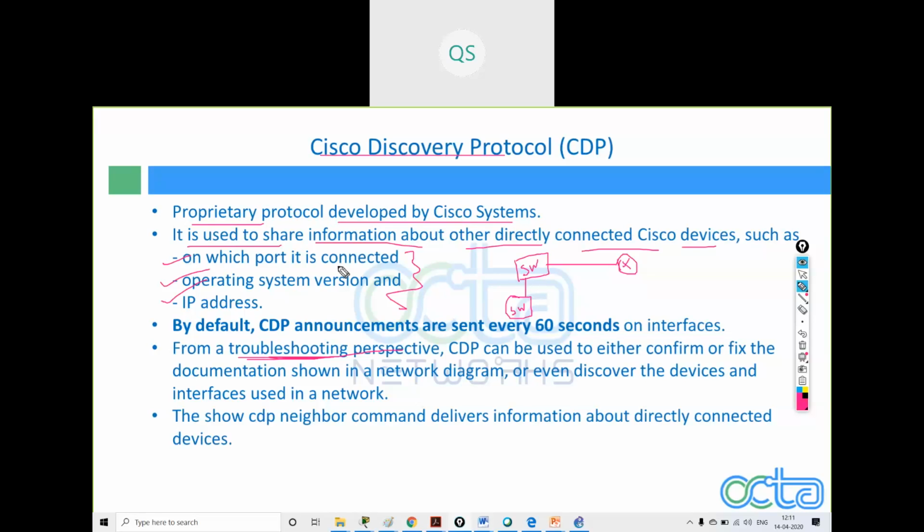So in this situation, while you troubleshoot the connectivity, you have to give this command. So from a troubleshooting perspective, CDP can be used either to confirm or fix the documentation shown in the network diagram.